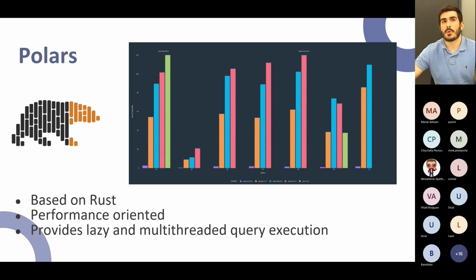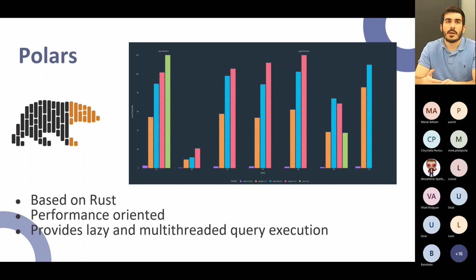The first alternative is Polars. Polars is based on Rust. It has a very big focus on providing the best performance possible. So this is mostly done by using multi-processing and multi-threading when it executes every query it has to process. So it creates an execution plan and tries to